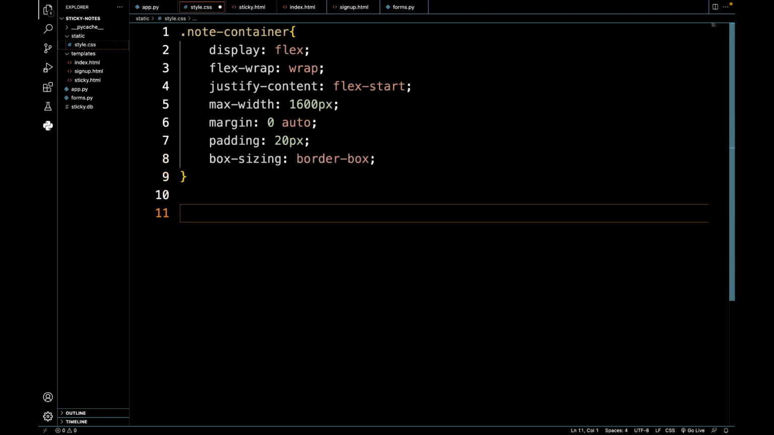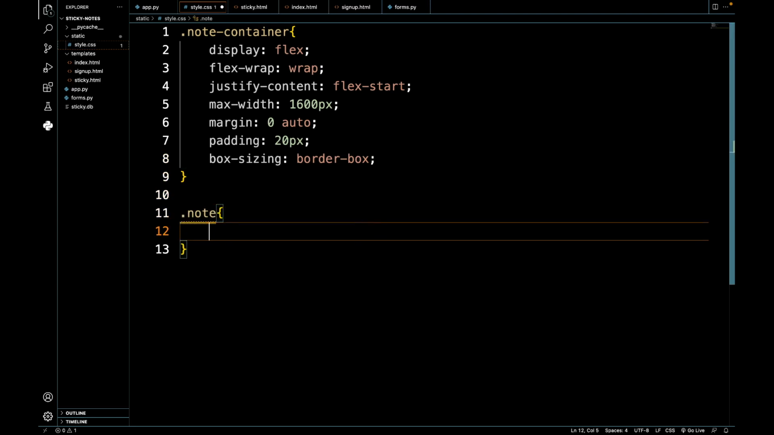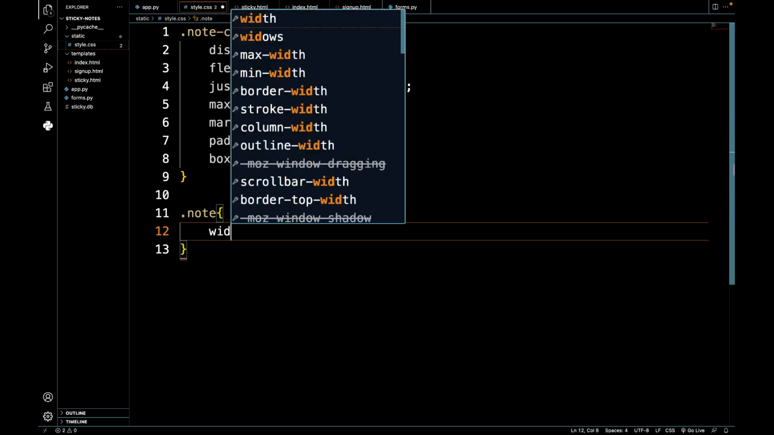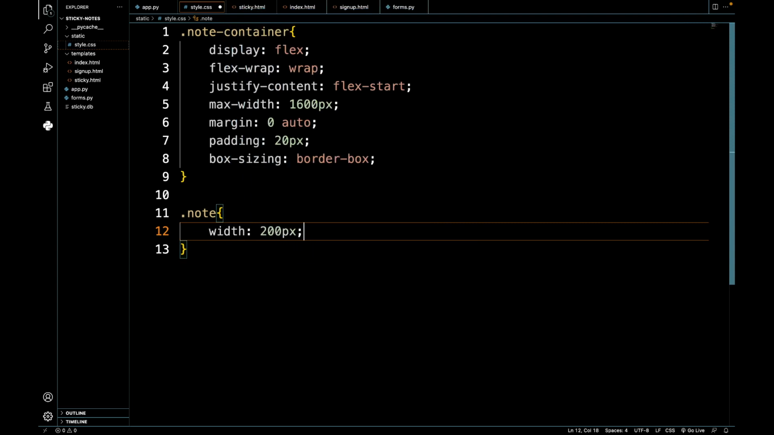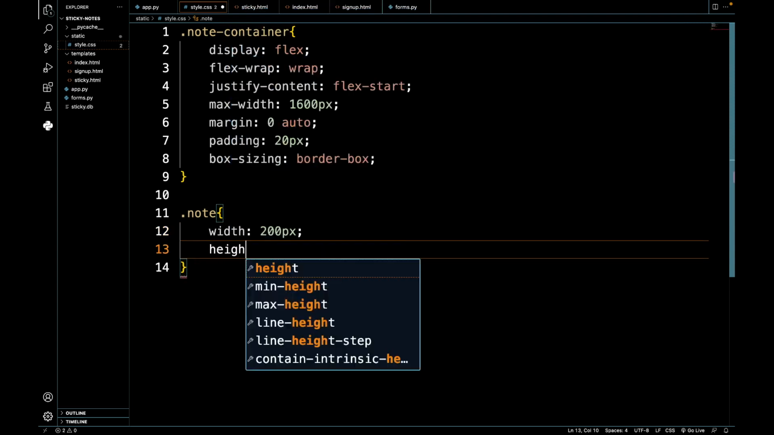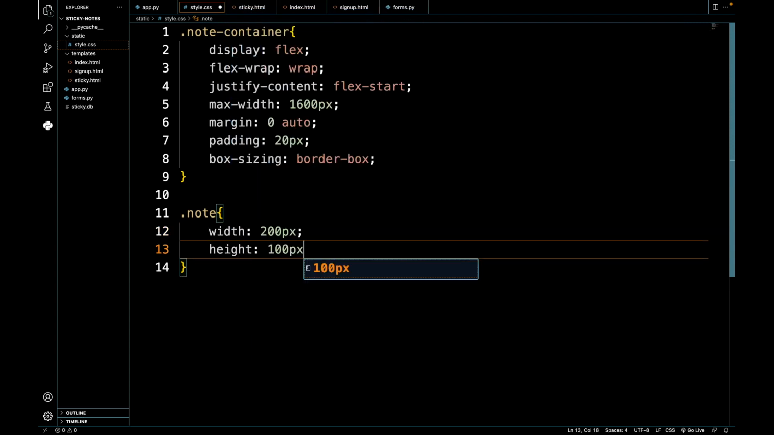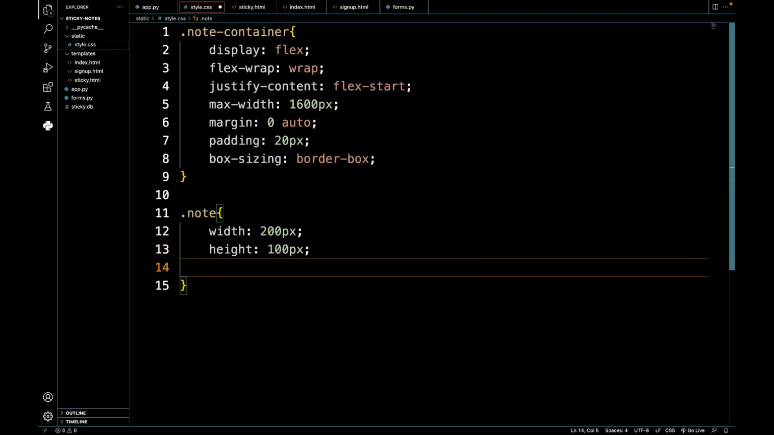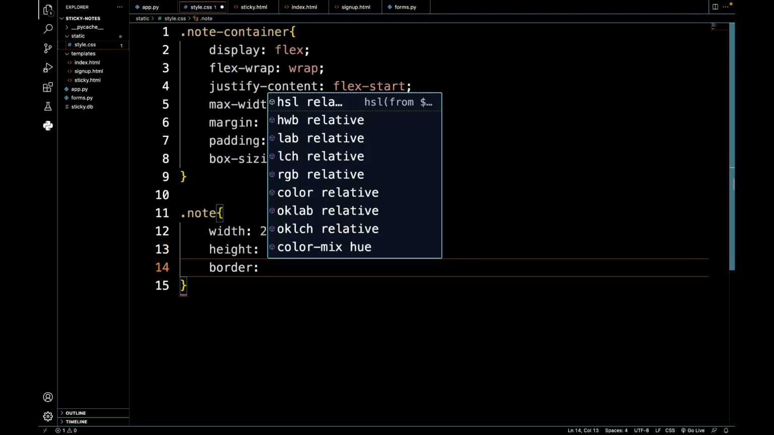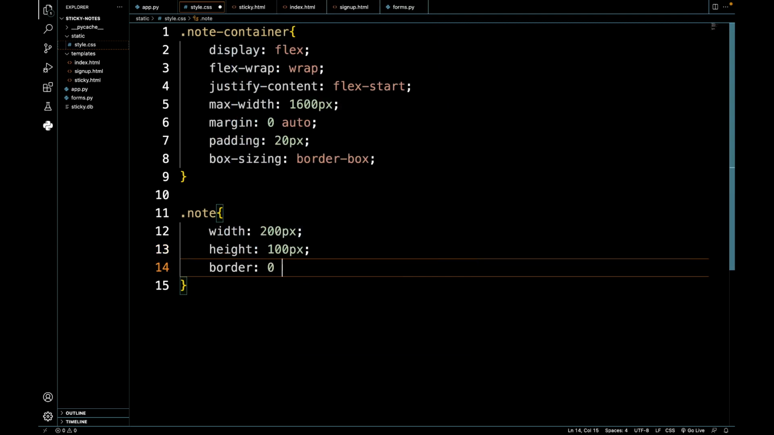Now the actual sticky note. This was the main container, and that little box, the notes, are going to have a width of 200 pixels and a height of 100 pixels. I'm actually choosing the same styling that I had done initially when I had done the project, so I'm just using the same. So the border, from the four sides, top, bottom, right, and left, could be some different